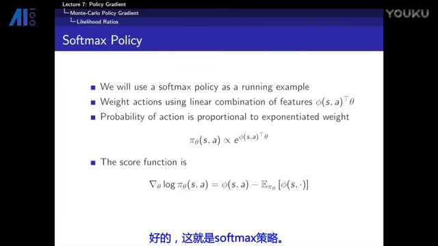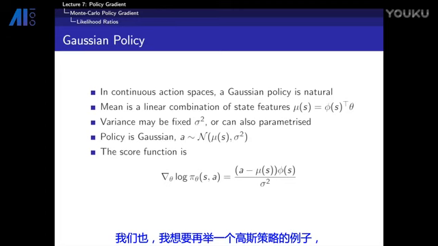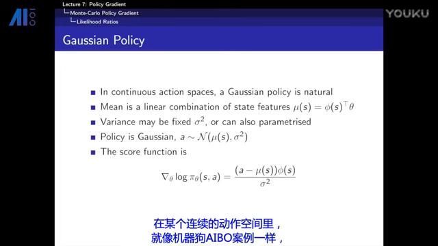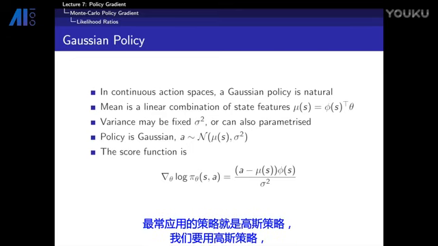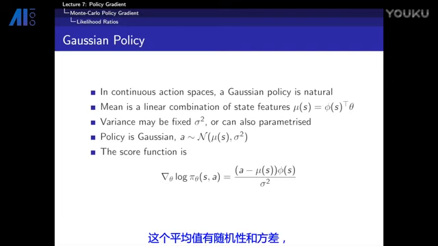Okay, so this is the softmax policy. I just want to give one more example of policy, which is the Gaussian policy. In a continuous action space, like the IBO example, the commonest policy to use is a Gaussian policy. And what do we do with a Gaussian policy? Well, we basically just parameterize the mean of this Gaussian, and then you have some randomness around that mean, some